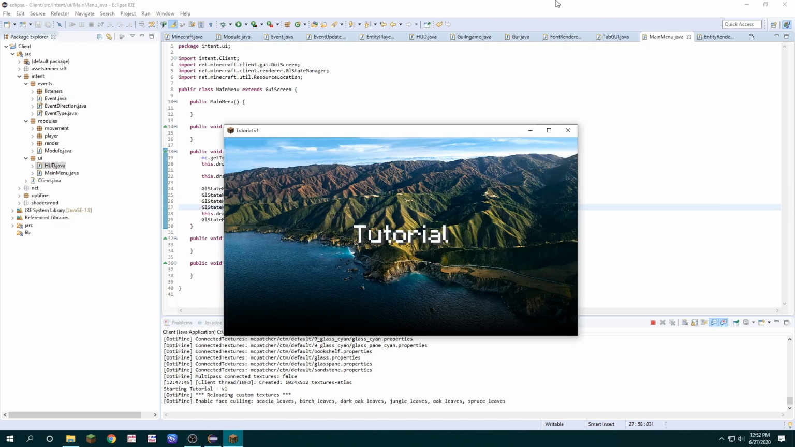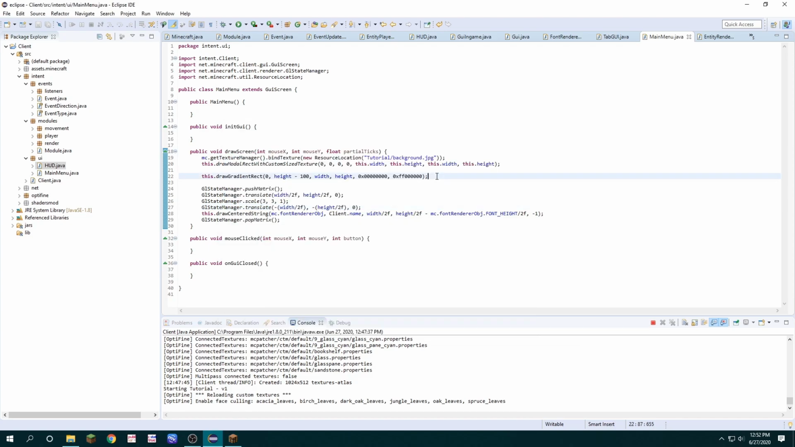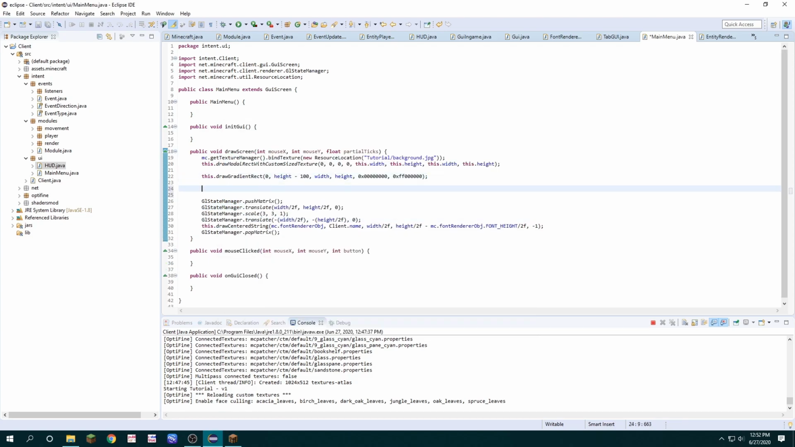Now I want to create the button list. These are the different buttons that open the single player menu, the multiplayer menu, settings, those kinds of things. So after the gradient rectangle was drawn, I'm going to create a new string array. I'm going to call this string array buttons, and for the buttons, I'm going to type single player, multiplayer, settings,